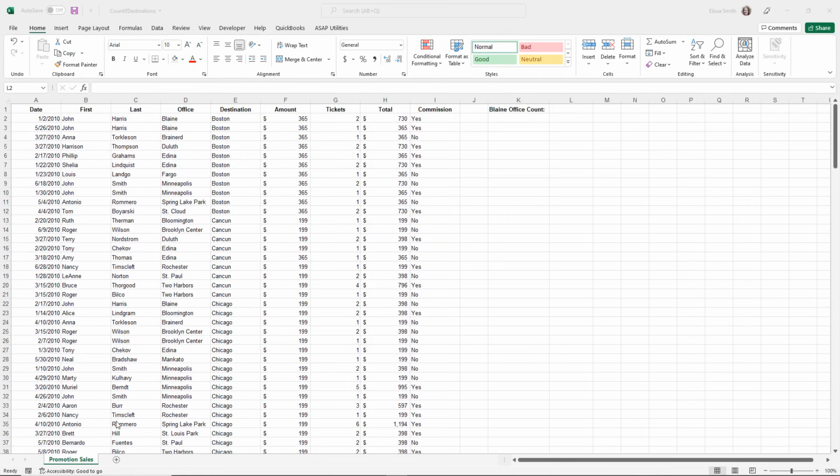Hey, welcome back, everybody. We're ready to try a COUNTIF function. Now, COUNTIF functions are, again, a statistical function that count the number of cells that meet a criteria. So in our example, I have a spreadsheet, again, that's based on the sales of a travel agency at their different offices. You'll notice here that column D is the offices where the different trips were sold, and then column